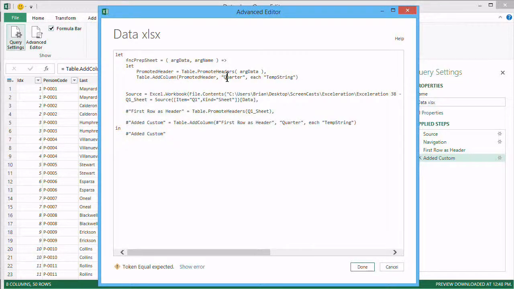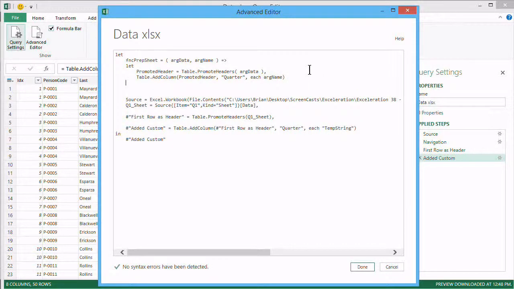All right, so, well, what do we want to call this new column? Well, we'll just call it quarter. That's just fine. Now here, we don't want to use temp string. What we want to use is the string that we pass into the function, so arg name. So this will be Q1, Q2, Q3, whatever. Arg name. Okay, we don't need a comma because that's the last definition there. And we're going to do in. Oh, wait, we have to define the name of this thing. Whoops. So I'm going to call this add period. There we go. In add